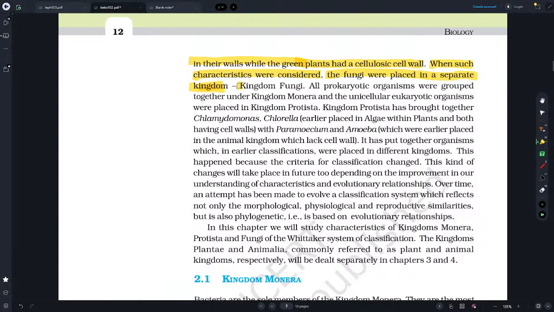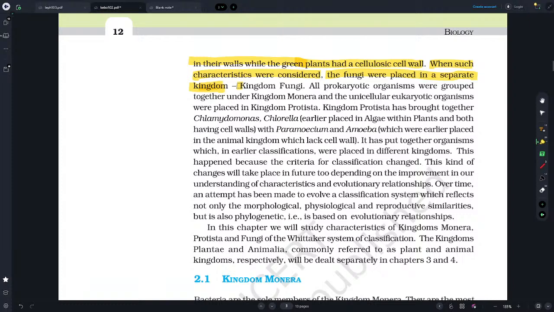R.H. Whittaker in 1969 proposed a five-kingdom system of classification. The kingdoms defined by him were named Monera, Protista, Fungi, Plantae, and Animalia. The main criteria for classification used by him included cell structure, body organization, mode of nutrition, reproduction, and evolutionary or phylogenetic relationships. The three-domain system has also been proposed that divides the kingdom of Monera into two domains, leaving the remaining eukaryotic kingdoms in the third domain, and thereby a six-kingdom classification.